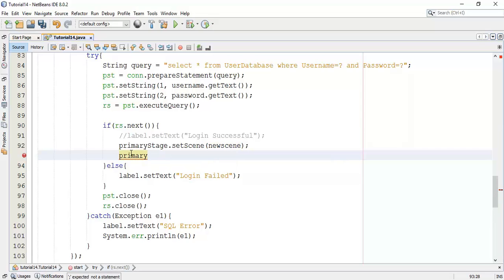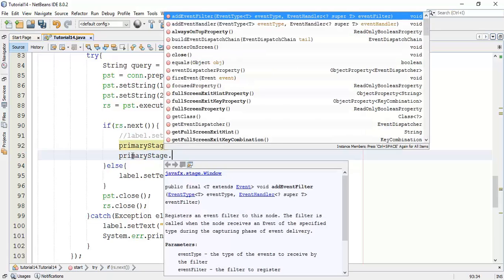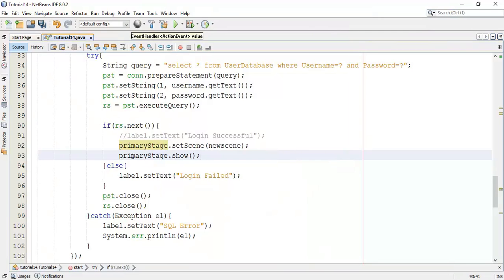So primaryStage dot show. Now save this and check whether the program actually runs or not. So save and run.